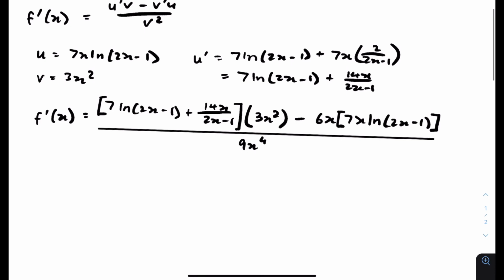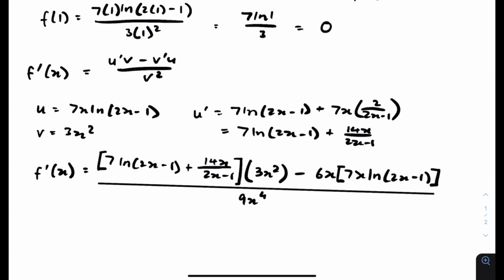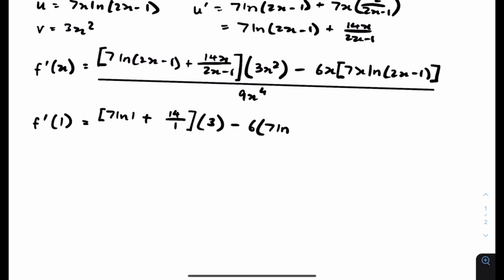And now actually we have our answer. We don't need to simplify this further. All we need to do for this kind of word problem is just insert our value of x in there, and then it'll clean itself up. So the derivative of f of x, where x is equal to 1, is equal to, so we just put 1 in there, that becomes 7 ln 1 plus 14 over 1, because 2 times 1 is 2, minus 1 is 1, times 3 times 1, which is 3, minus 6 times 7 ln 1 over 9, which is equal to